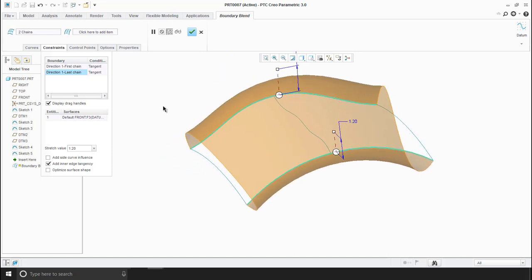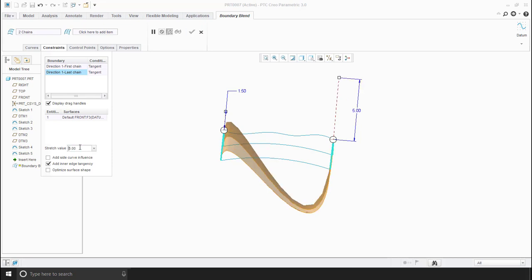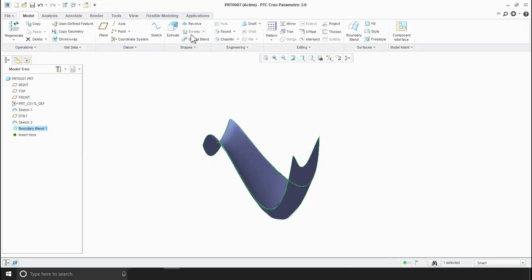In this way we can change the shape of the generated surface. This value can be changed by entering a numerical value like this. In this way we can control the shape of the generated surface by means of constraints. Now click OK.